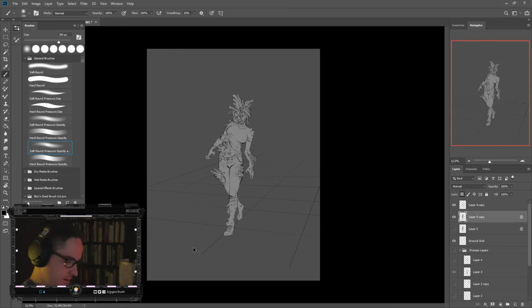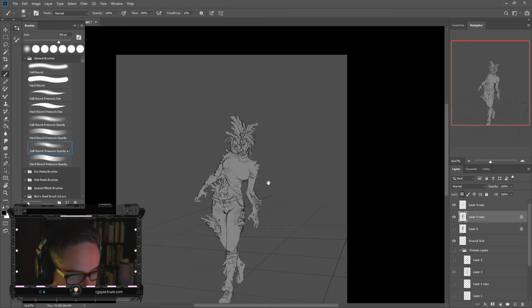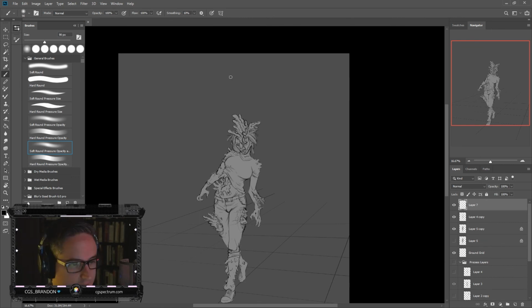So that general light source, something I tell my students all the time is set yourself up with some indication of your initial light source direction, just so that you're not trying to always remember exactly where it is. If you can visualize a general direction, then you can start looking at all the forms with that same direction in mind, and save yourself some stress, I guess. I don't know if that's stressful, but